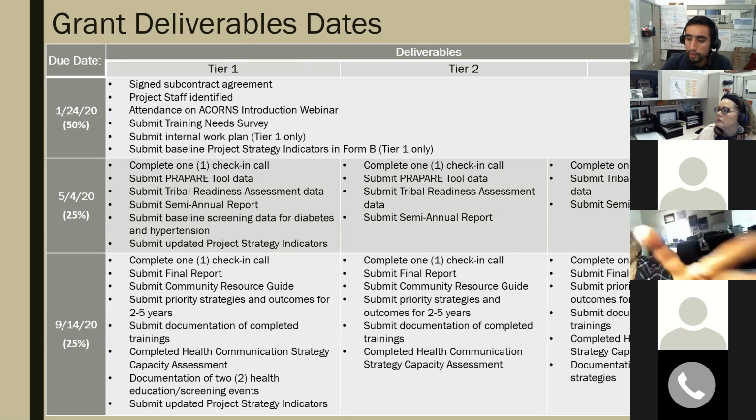Documentation of 2 health education screening events for tier 1s, and submit updated project strategy indicators. So you'll be submitting those in the beginning. You'll have your baseline for this for tier 1s, right? And then, say, I don't know, 100 people in your community have diabetes, or are at risk for diabetes, whatever the case may be. Then you submit your updated ones that'll give us an update on the ones you've already